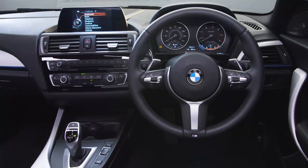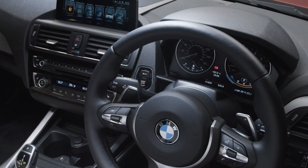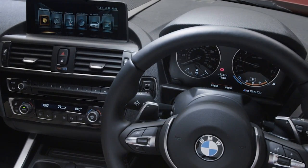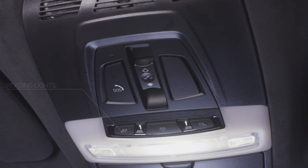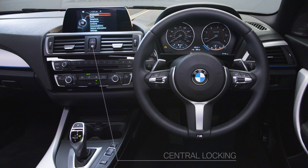Our BMW designers have not only focused on the style of your car's interior, but also ensured that frequently used controls are positioned conveniently for the driver. Above the rearview mirror, you'll find the emergency SOS call button and interior reading lights. Below the main central display are the hazard lights, together with the central locking controls to lock or unlock the